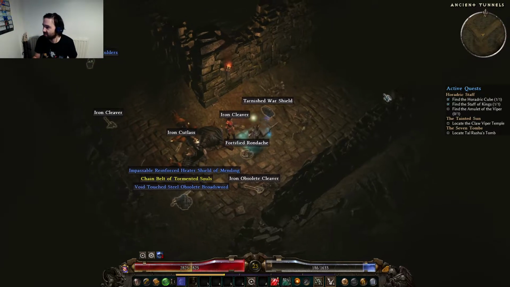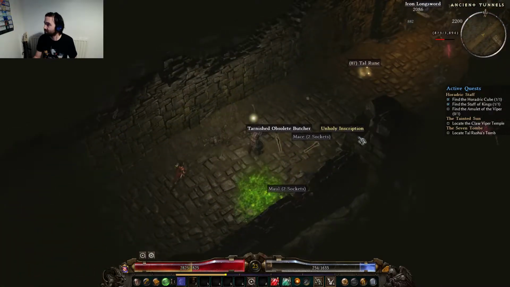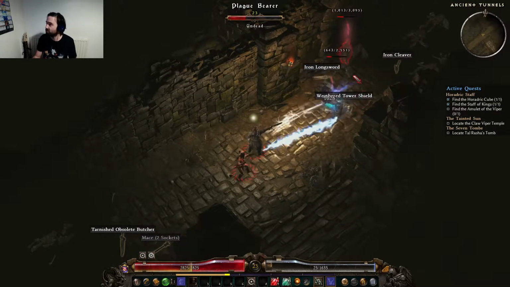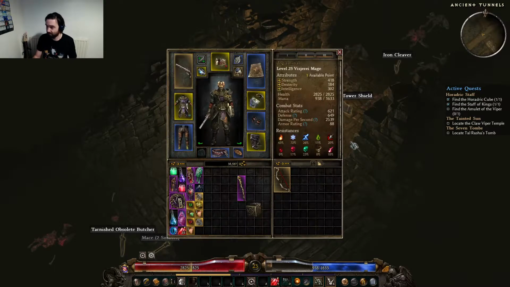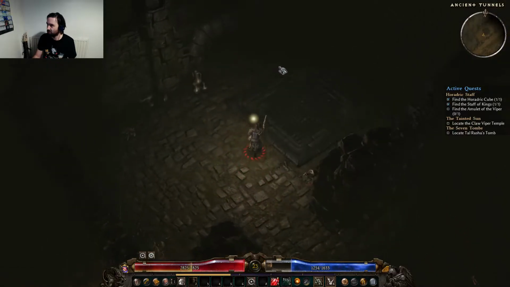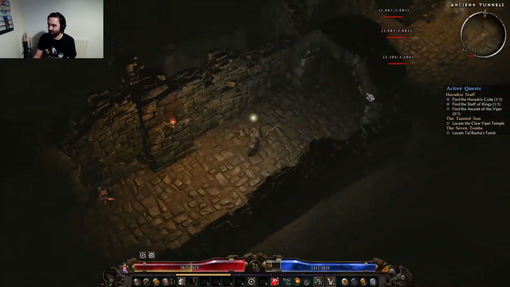Chain Belt of Tormented Souls. Don't want that. What is 07 Tal Rune? Have they numbered the runes? That would be good. Assuming that runes are any good at all. It's just a component, right? Okay. But maybe they do have something to do with the Heradric Cube. I'm sure that's what that loading screen was telling me. But I also didn't quite finish reading it, so...